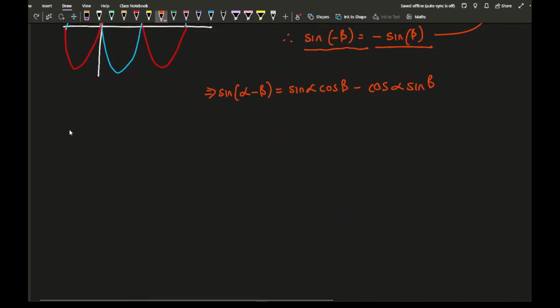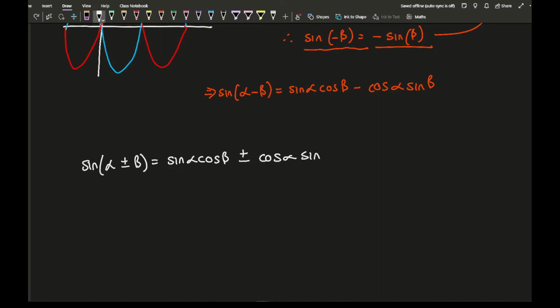And what that therefore gives us is our final trig identity of sine alpha plus minus beta equals sine alpha cos beta, and it's going to be the same. So whatever sign is in our initial bracket of sine alpha plus beta, that's going to be the same sign as in between our sine alpha cos beta and cos alpha sine beta. And there is our one